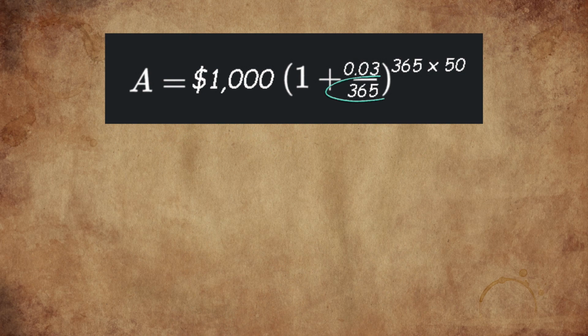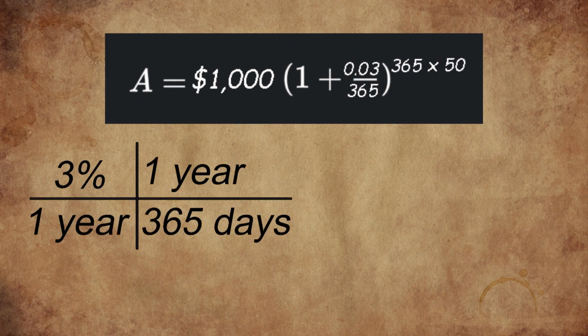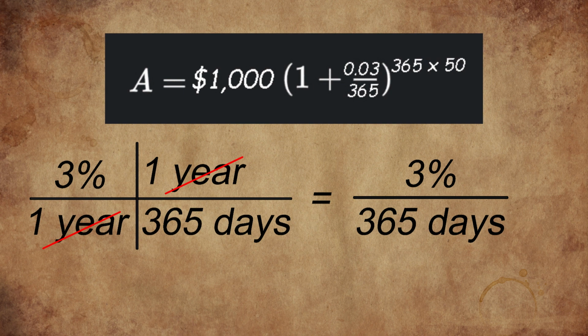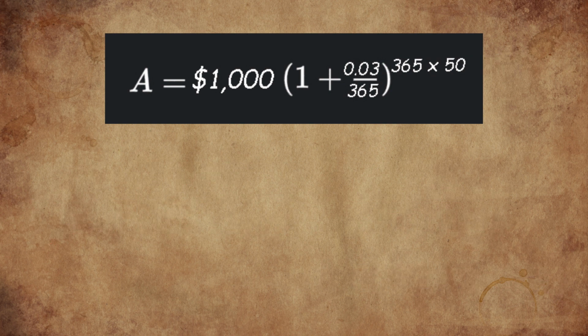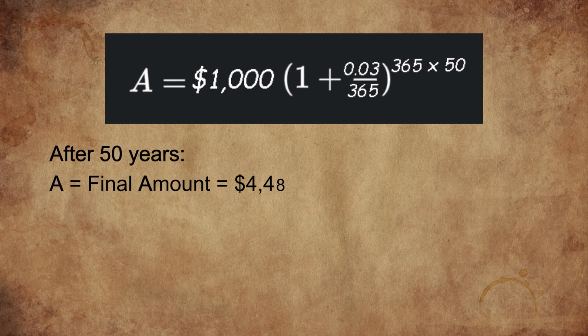The reason why we divide by N is because the interest, as I mentioned before, is APY, which is annual percent yield, meaning you're going to be making 3% divided by 365, which is 0.00822% per day. Again, this doesn't sound like a lot, but when you're going to elevate all of that to 365 times 50, right, which is over 18,000 times, which is how many times you'll accumulate interest in 50 years when it is compounded daily. That's why at the end of 50 years, you'll have a total of almost $4,500